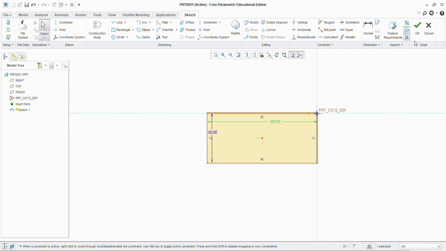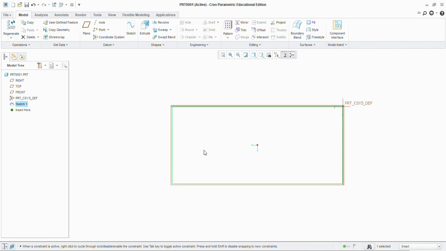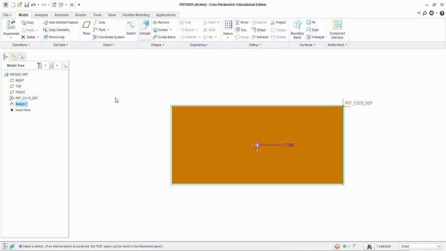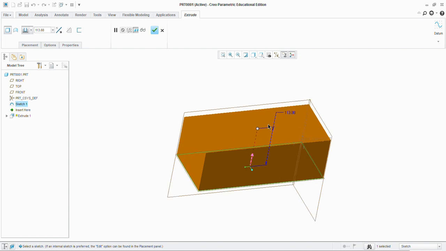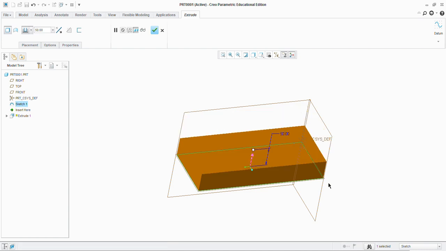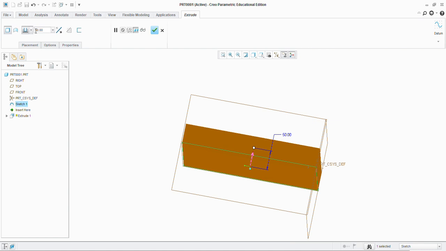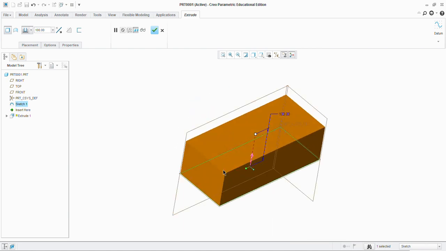Now I want to extrude this. Just click OK. Now to extrude this profile, select the extrude command. Automatically it will extrude. Now either you can change the dimension directly from here, suppose make it 50, or you can change it from here, 100. Now this extrude